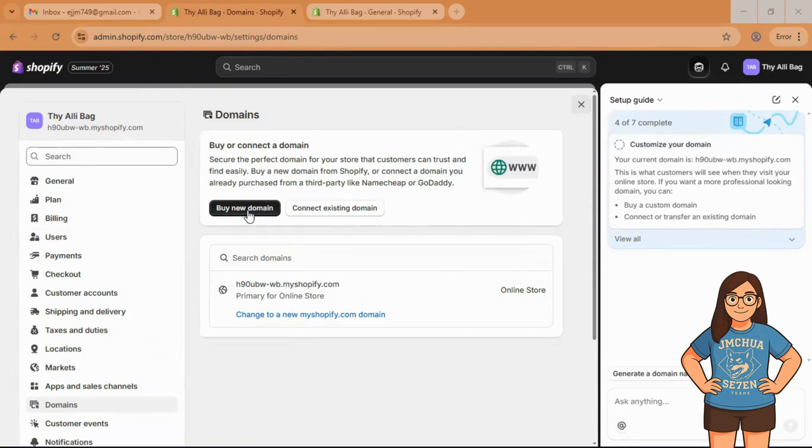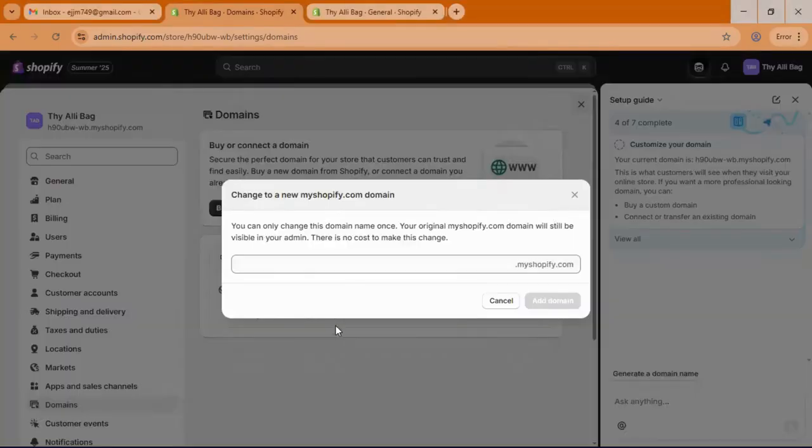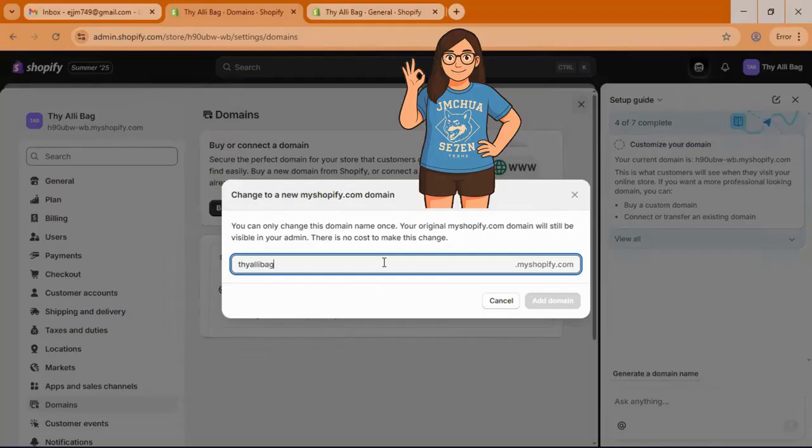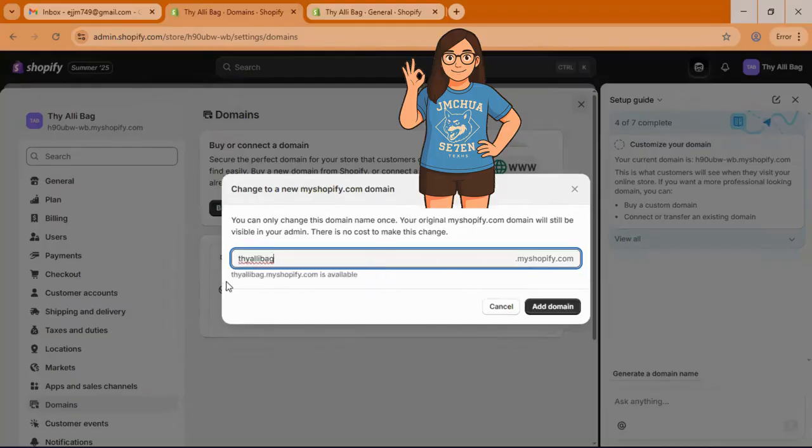In this one, we can buy a new domain, connect your existing domain if you already have another online store, or change to a new myshopify.com domain. So we can just type here alibag.myshopify.com.